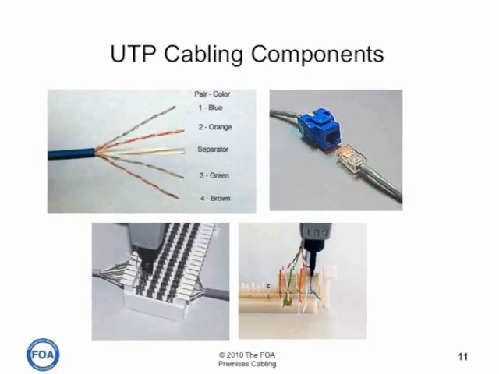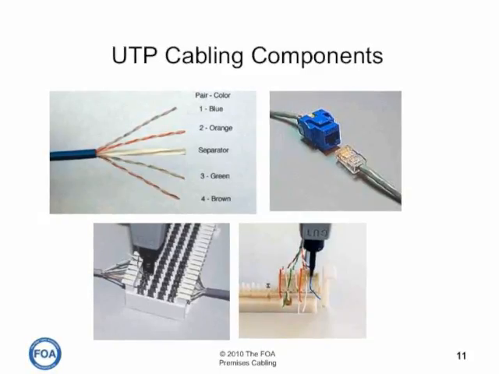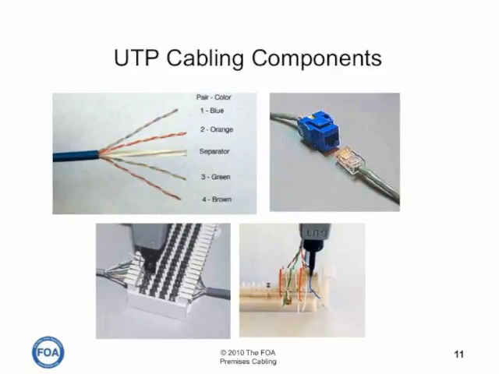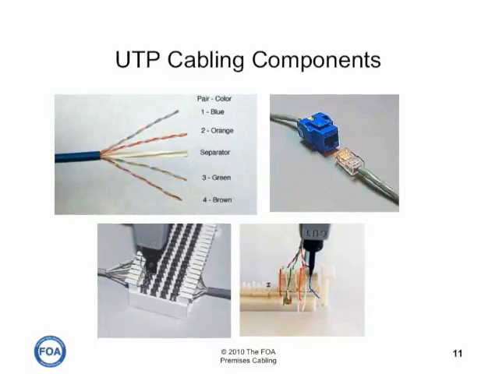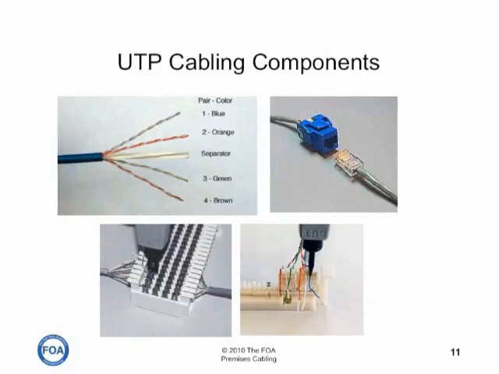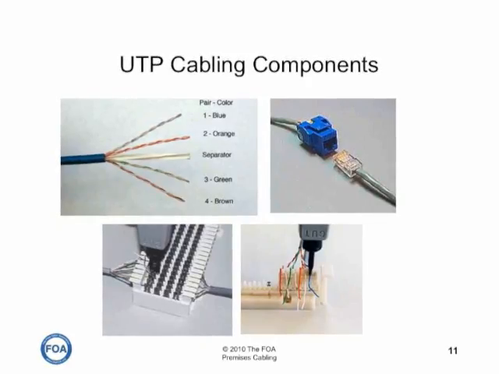When most people think of structured cabling, they think of unshielded twisted pair. It's a 4-pair cable where each pair has a slightly different twist to reduce crosstalk, and it uses a modular 8-pin connector assembly in a plug and jack configuration that's usually called an RJ45, although an RJ45 is actually a particular pin-out configuration of this modular 8-pin connector. If there are interconnections, they may be done on patch panels or they may be done on punch-down blocks, like the 66 block on the lower left or the 110 block on the lower right.